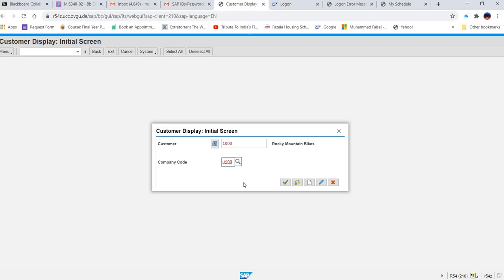Why? Because SAP ERP is a huge system, and whatever transaction we are doing, it doesn't matter that in every transaction or on every screen you have to enter data in every field. It is not required. Whatever is required will be given. I am emphasizing it: it will be given in the exercise. Okay, so now I put US00, that is given. Again, I am telling you, that is given in the exercise.